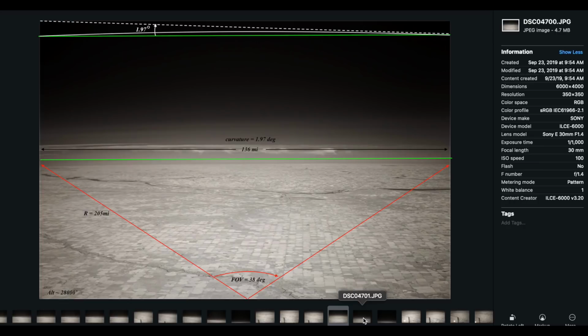And then we know our camera's field of view of about 38 degrees. So then we can calculate what the visible horizon length is. And that came out to 136 miles. Okay? Now on a globe, 136 miles produces a curvature of 1.97 degrees. And to illustrate what that would look like, up at the top, I have that dotted line at 1.97 degrees,